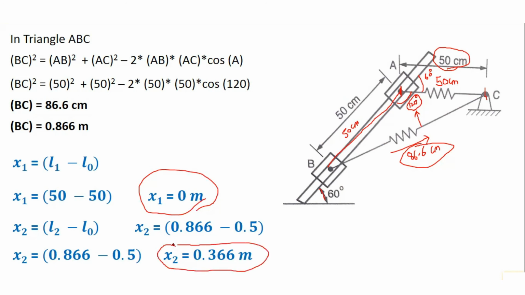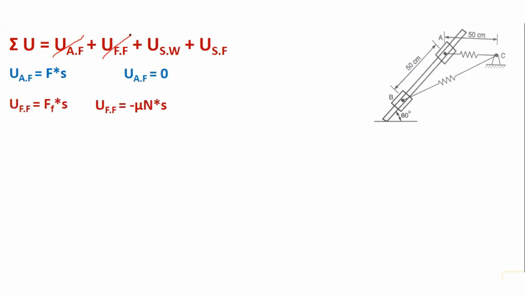Now I will substitute in the formula for work done by the spring. So let us start with that. As you all know, among the various types of work done, the applied force work is 0 and the work done by the friction force is 0. So we will start with the work done by self weight. Work done by self weight is given by M into G, which combined is given to us as 50 newtons, multiplied by H. What do we mean by H? The vertical height, or vertical displacement, from one point to another point.